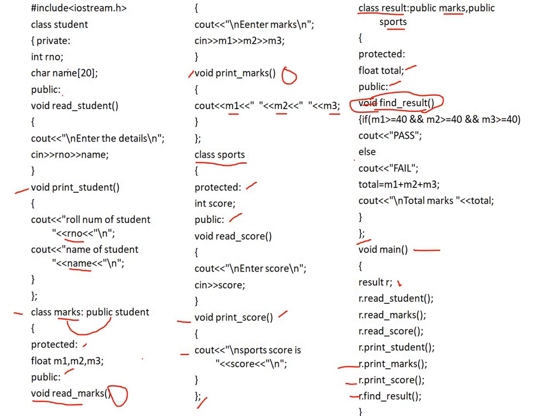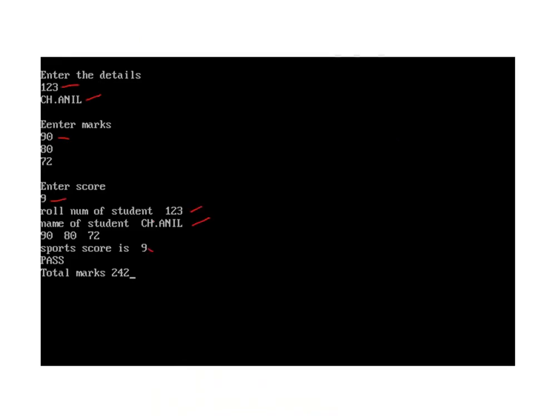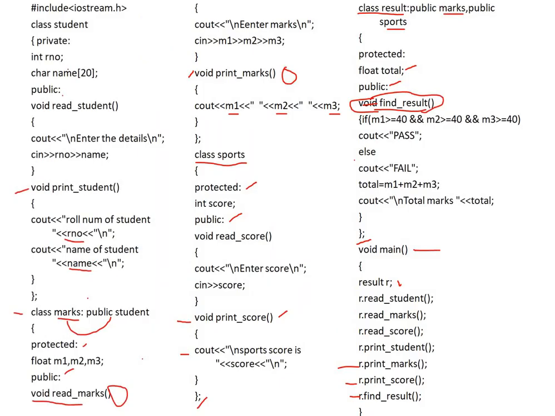If the condition is true, the next statement gets executed, that is cout pass. Pass will be displayed on the output console, that is it displays pass. Now the statements under the else condition will not get executed. Immediately the execution control goes to the first statement after the if else block, that is total = m1 + m2 + m3. The m1 + m2 + m3 is performed and the result is stored in the total data member. Next statement is cout \n total marks.